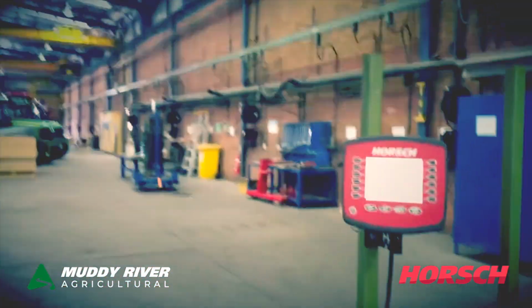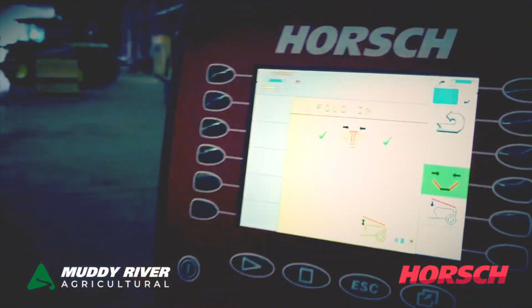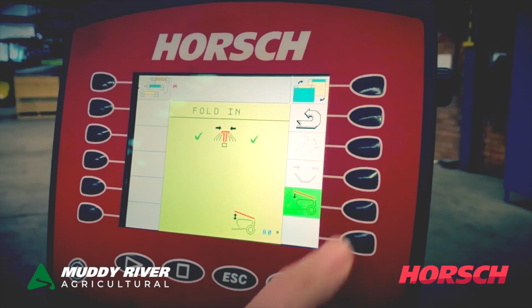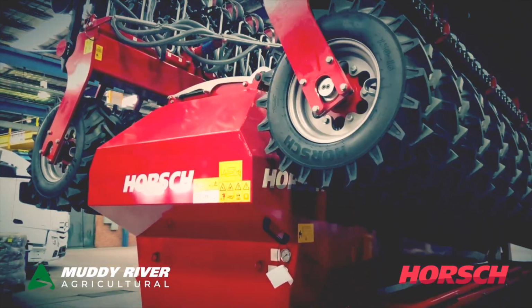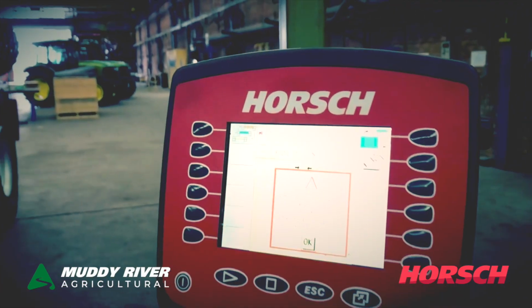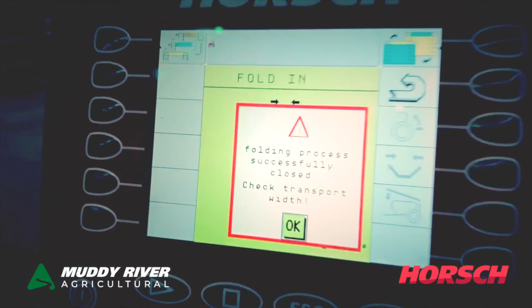Now we have to come and press the button below to get into the transport mode. In the transport mode for safety reasons. There she is. She's located. As it tells you, process of folding is